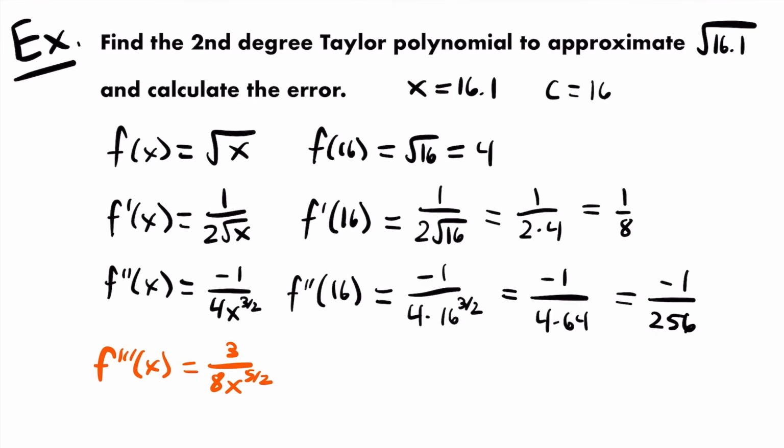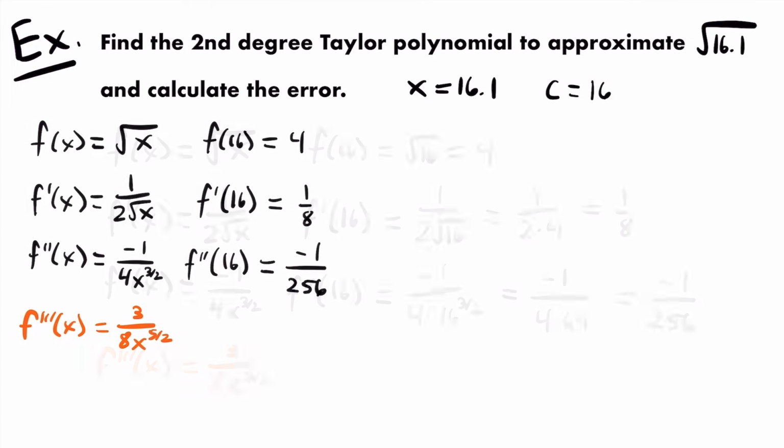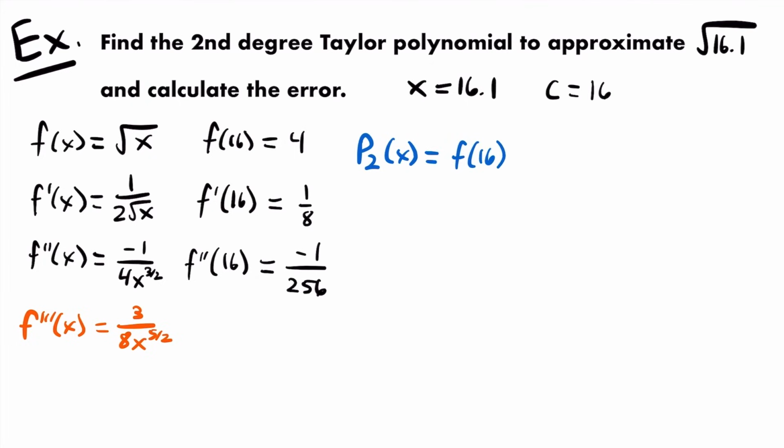For now, we just want to find our second degree Taylor polynomial. So if I clean up my work, our second degree Taylor polynomial will look like this. We'll have p sub 2 of x is equal to f of 16 plus f prime of 16 times x minus c, or I guess I could write that as x minus 16, since our value of c is 16. So we have x minus 16,